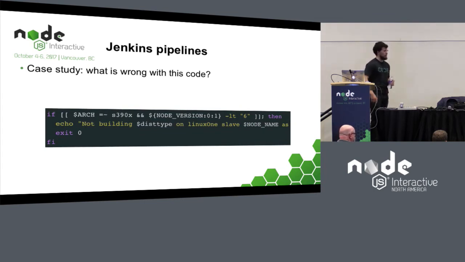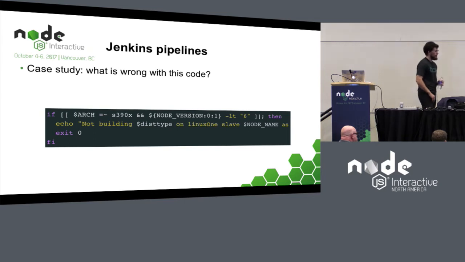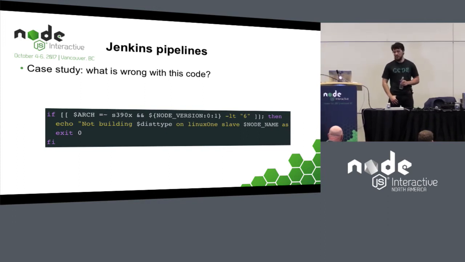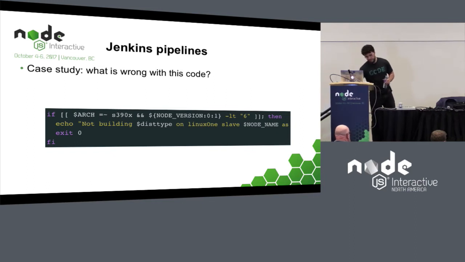So as an example of why visibility is important, this is something that I came across in that file last week. So can you spot the issue with this code? I guess a better question is, can you actually see this code-ish? Yeah. So give you a hint. This works fine for now, but come next April, it's going to start to have issues. So the reason is, if you're not a bash,